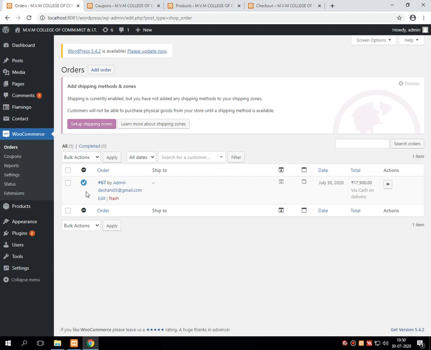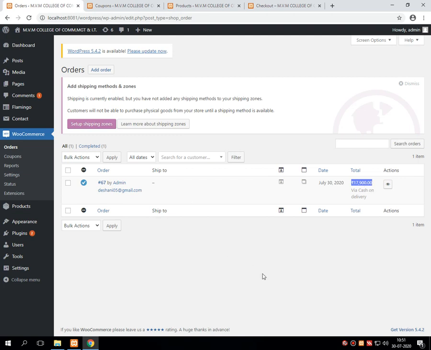They gift wrap that particular TV and send it to the desired address by the courier company. Within a few days, once this order has been received by that particular buyer, the automatic payment confirmation will be done from this particular option.